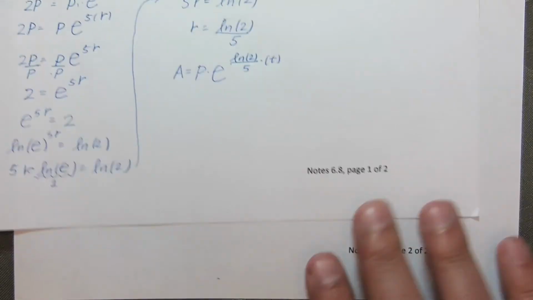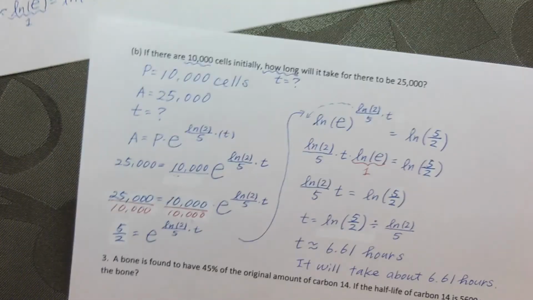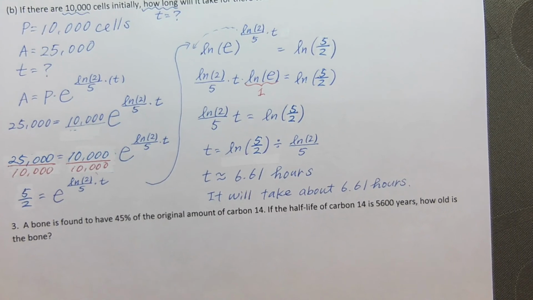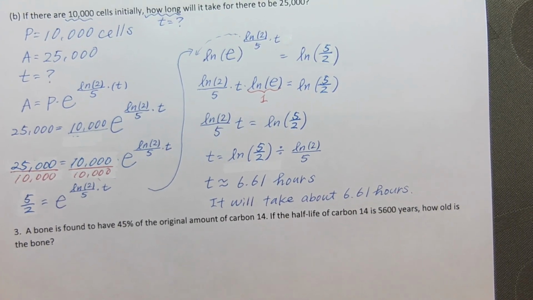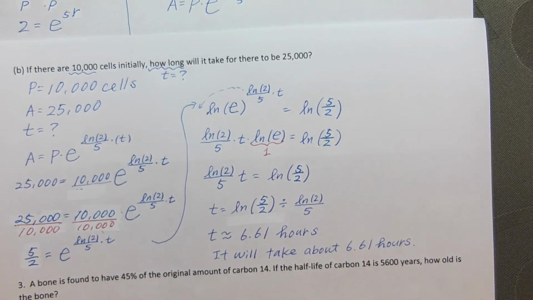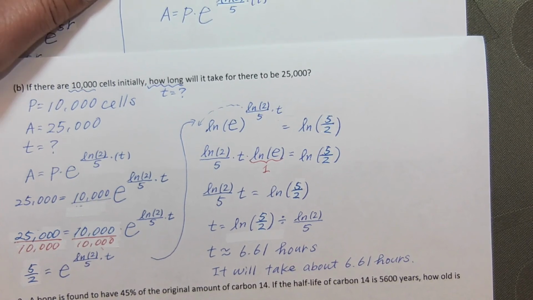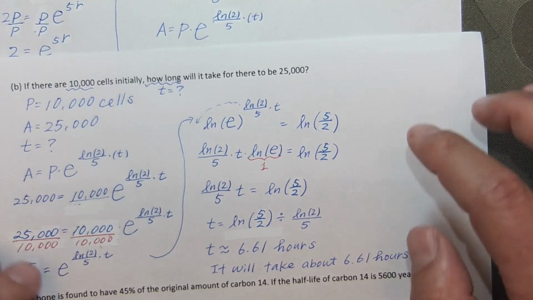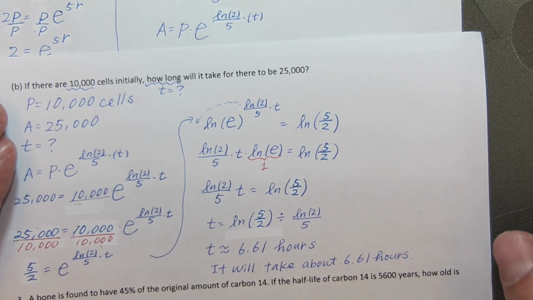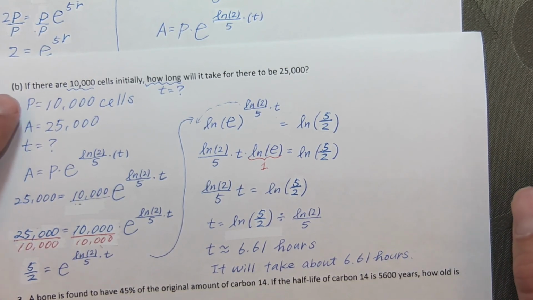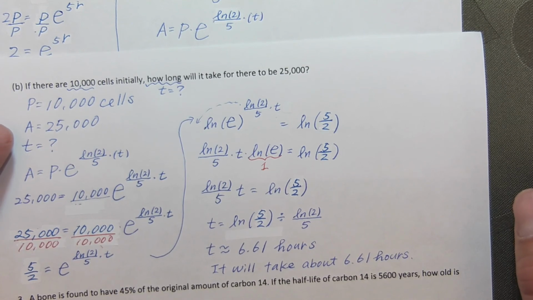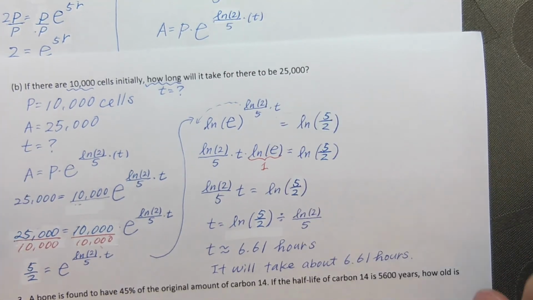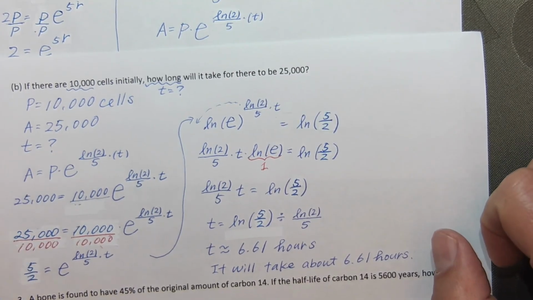Let's see if I can put the whole thing together. There it is. So I'm going to be using this formula. Part B says, if there are 10,000 cells initially, how long will it take for there to be 25,000? So P is 10,000, A is 25,000. R we have here. So we plug it all in, and you can see we're going to